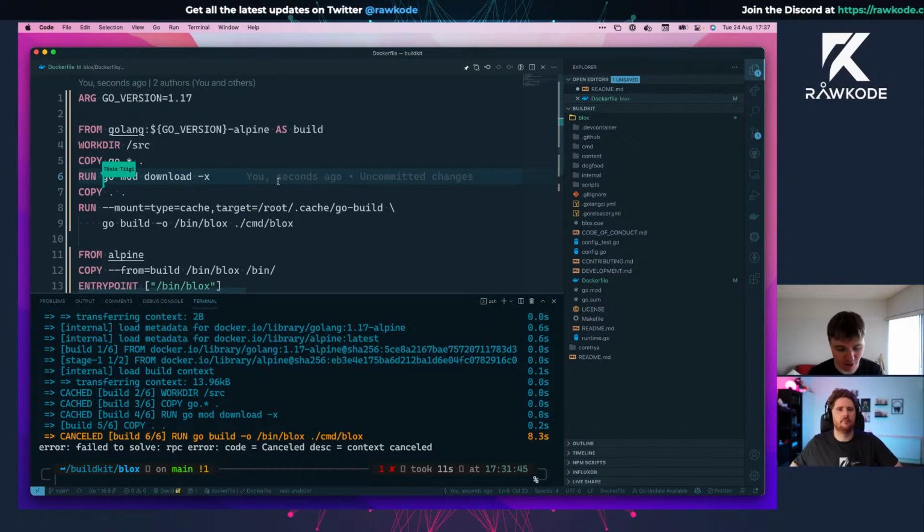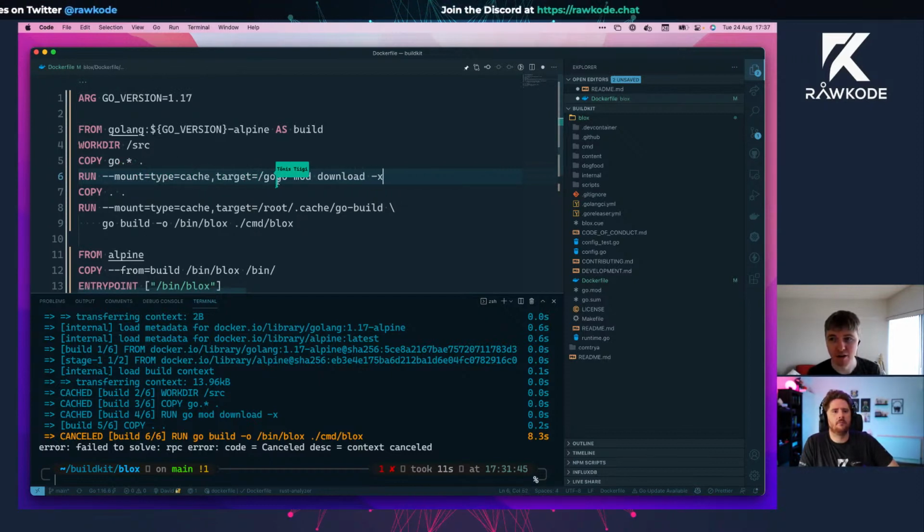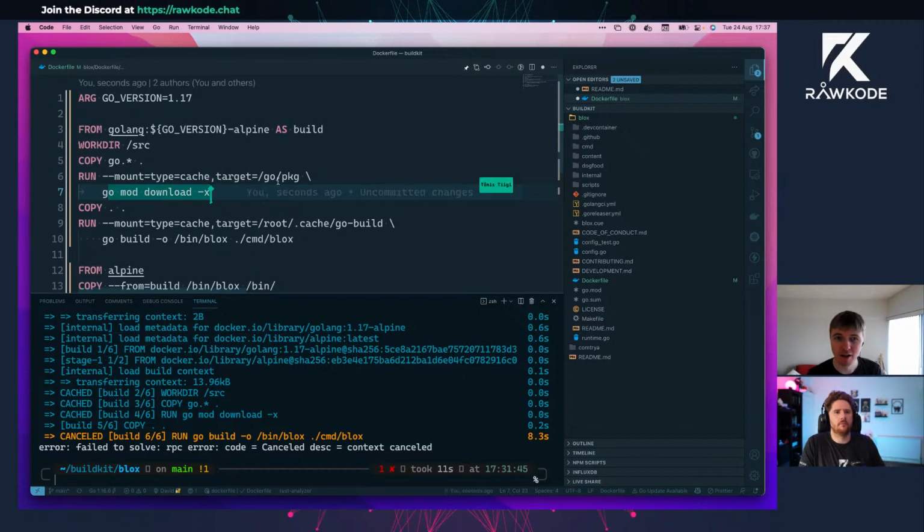So what we can actually do is put another cache mount in here. I think it's Go PKG, right? So for example, next time this command runs, it will pull the dependencies, but it will pull them on the cache mount. Yeah, so do we even need to worry about the copy of the Go mod and